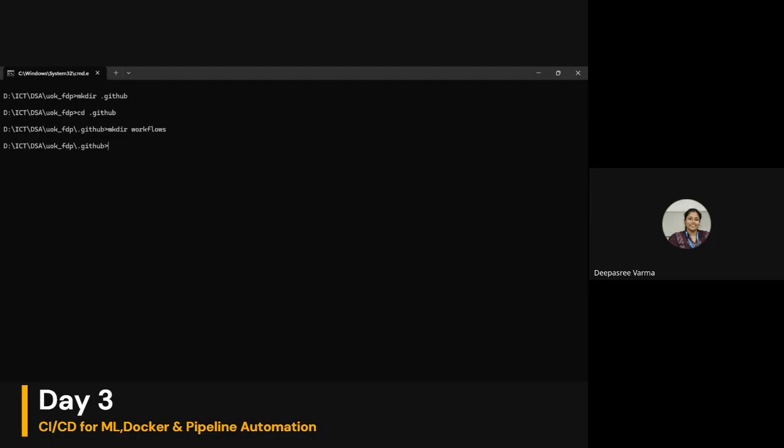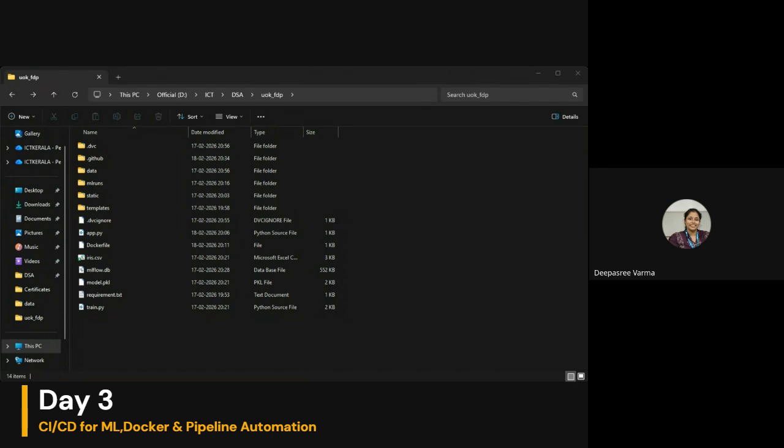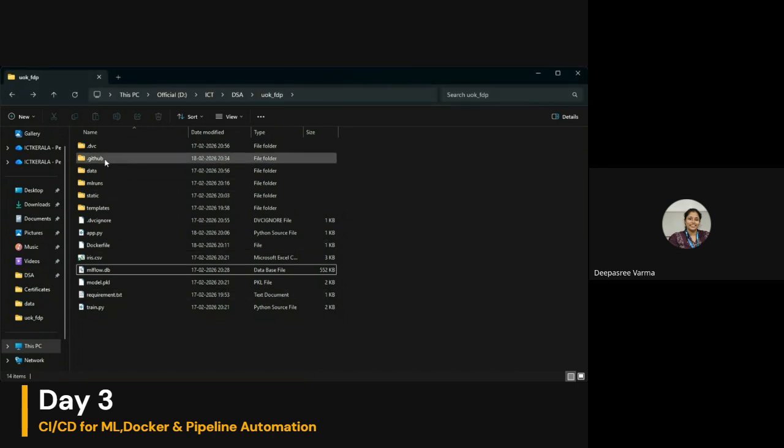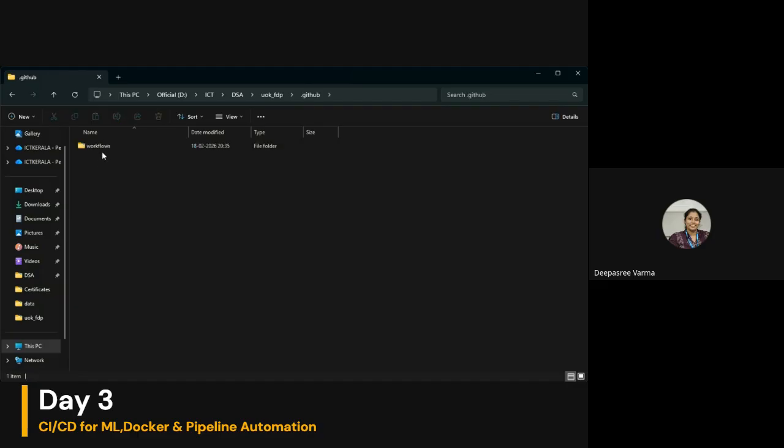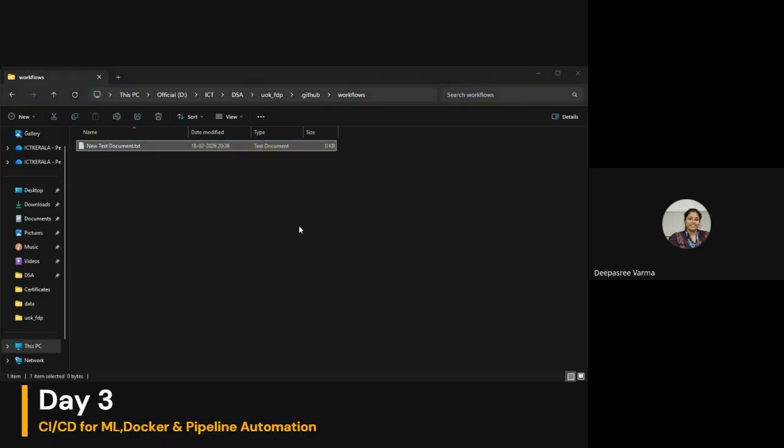After this, you can see a workflow file there. You can just copy that workflow file and we will go to the folder. In this folder, you can see a new folder has been created named .github. Open it, inside which there is a folder called workflows. Open that and take a new text document.